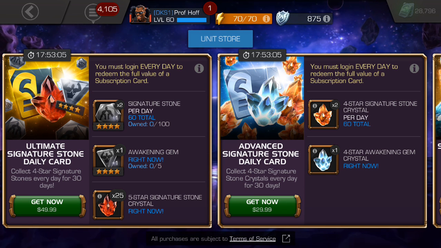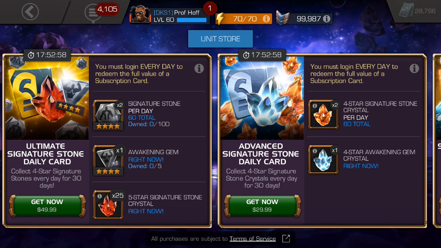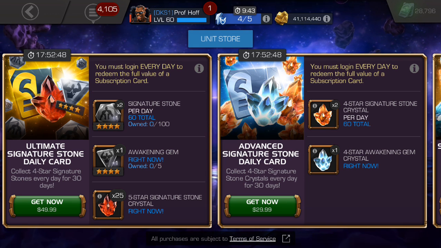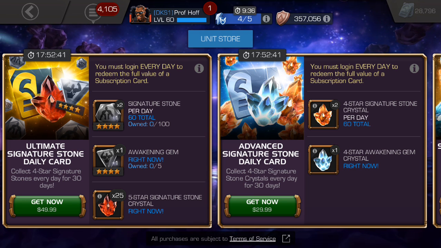And then lastly, the ultimate signature stone daily card, or should I call it the ultimate disappointment signature stone daily card, because it is so dang disappointing. Now, I do think if this was the one on the right and this was a $30 deal, I'd probably rate it at about a B to a B+. But because it's $50, are you kidding me? I'm going to have to rate this in the current state of the game at a generous D to D-,